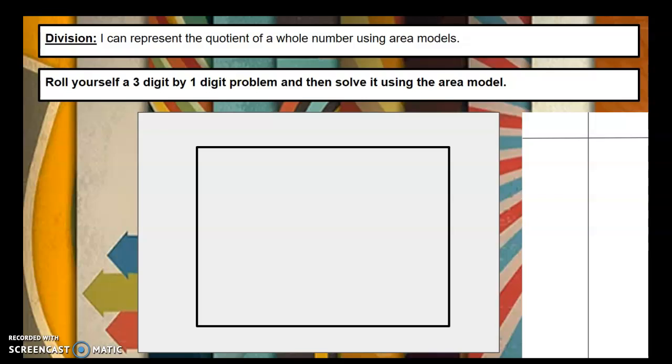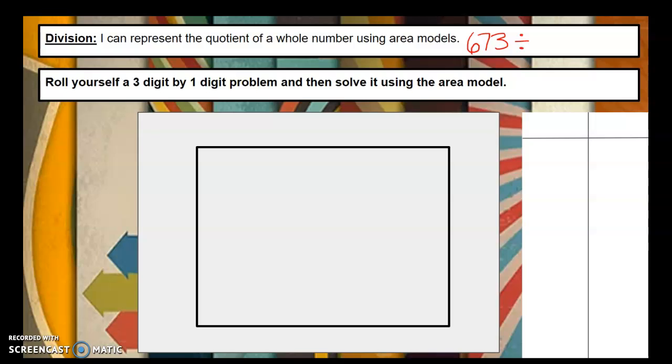All right, so I have 6. I'm going to write it up here. 7. 3. So there's my 3-digit number divided by, now I want a 1-digit number, but if I roll a 1, I'm